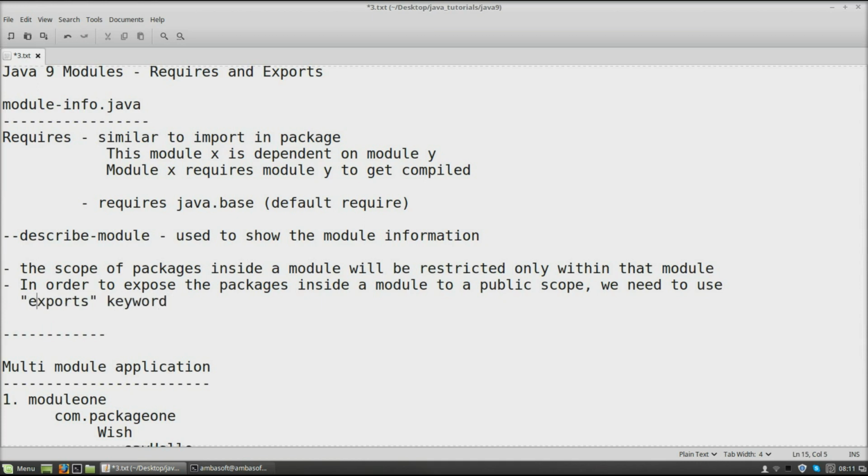So this is where the keyword exports comes into picture. So we know where this requires is coming in, because the requires is to resolve the dependency, identify the dependency and use it in our module. Whereas here, this exports specifies this is the package we are going to export to public from this